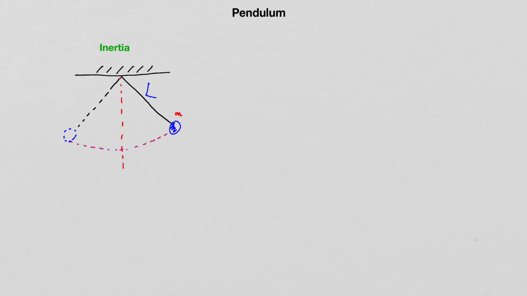Now let's look at a pendulum and define the restoring force for that system, and then I will talk about the period of a pendulum. So first, let's talk about the role of inertia in the oscillations of a pendulum. Here is my pendulum. We have a string with length L and then a bob with mass M attached to it. So if I pull the bob to this position from its equilibrium position and let go,